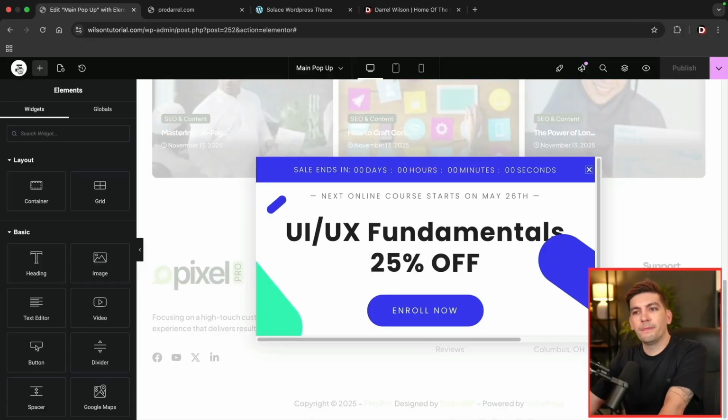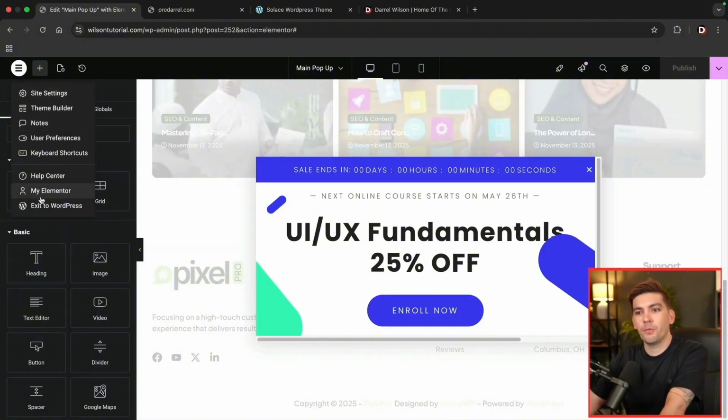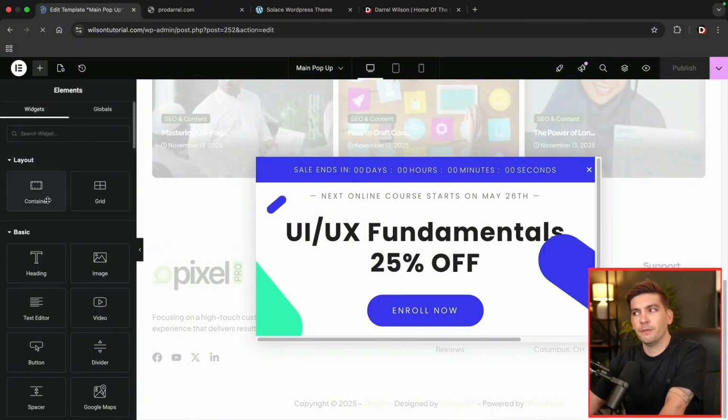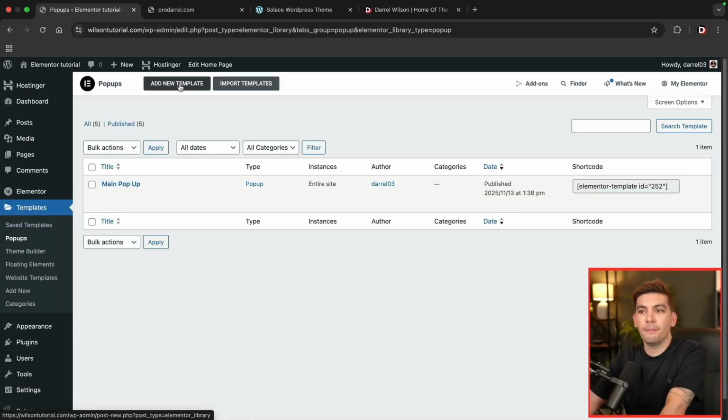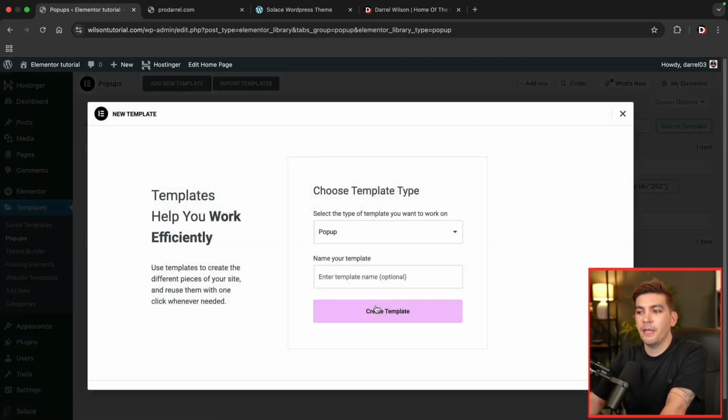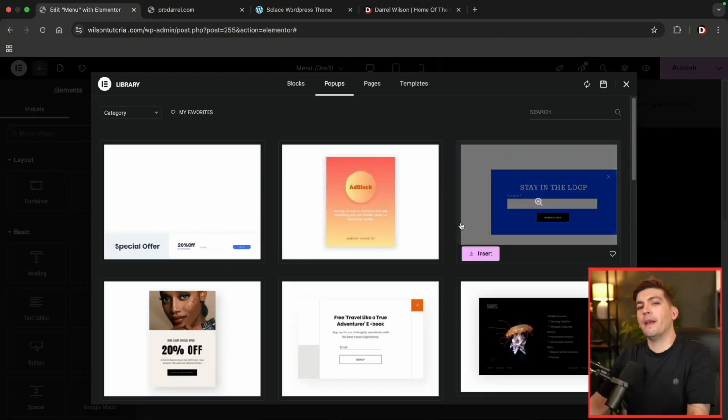So going back to our website, let's create an additional pop-up. So right here, I'm gonna go back to WordPress, and then we're gonna add another pop-up. So right here, add new templates, and then right here, I'm gonna put menu, and then I'll click on create template. Okay, so this time I wanna actually create a menu